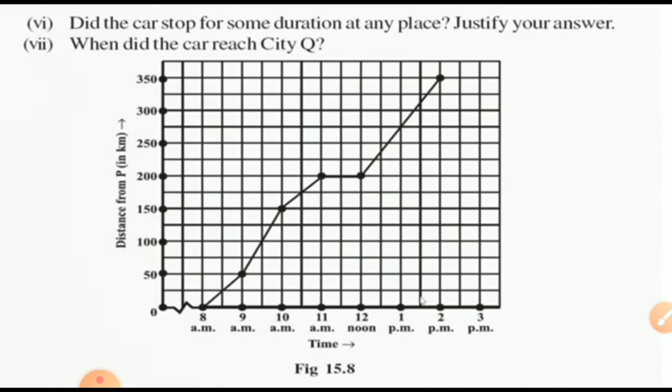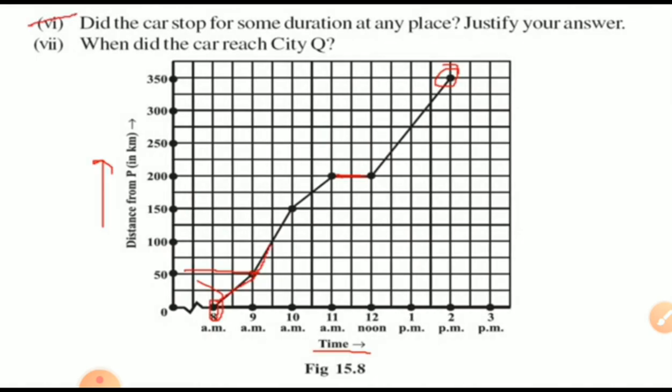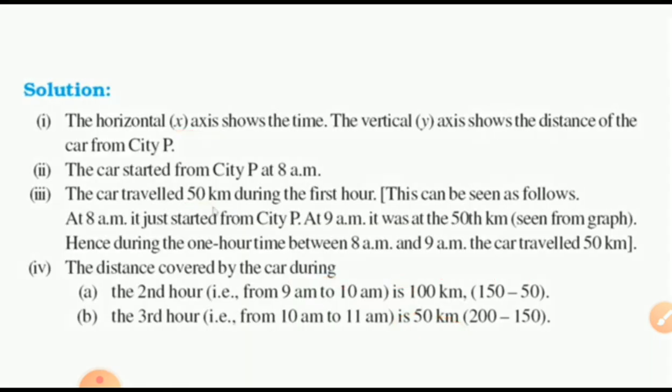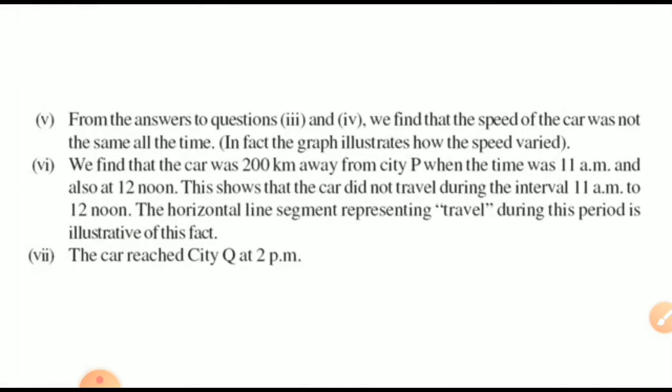Hence, during the 1 hour, it traveled 50 kilometers. Then after 9 to 10, it reached up to 150. So 150 minus 50, 100 kilometers in 1 hour. In the first hour only 50 kilometers. Starting is slow, is it, beta? Yes. So in that way you can give the answers from the graphs very easily. It is easy to say the answers one by one. Can you see this one? Answers? Yes, correct.